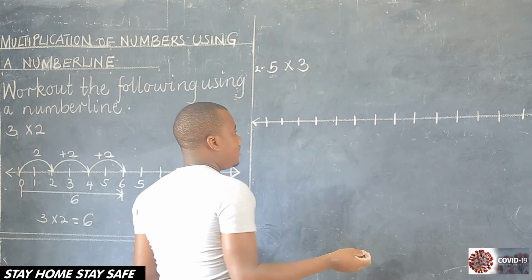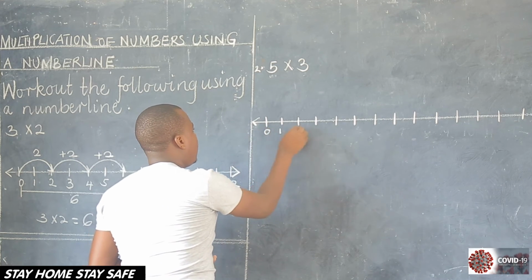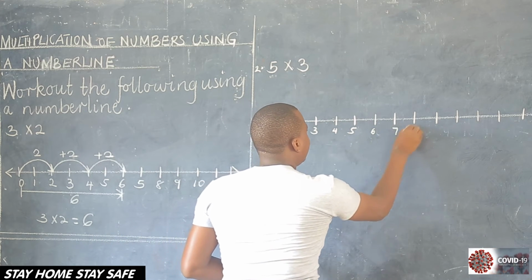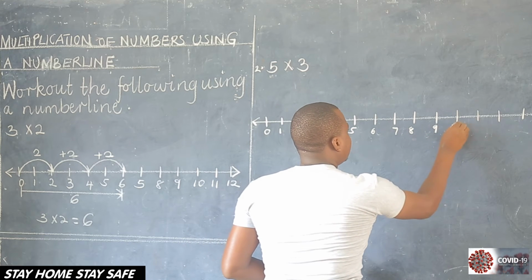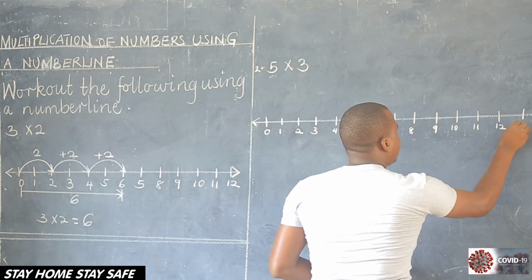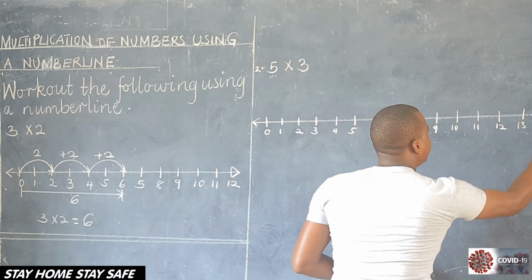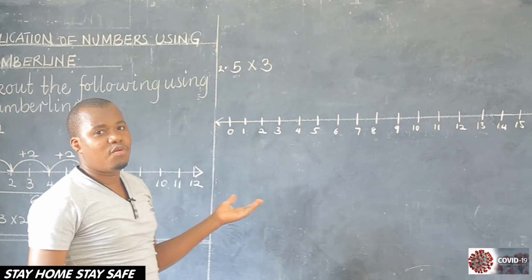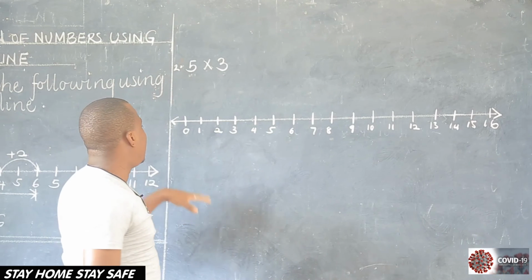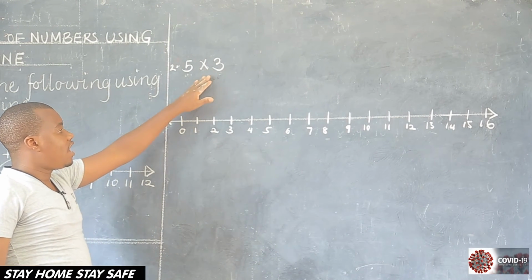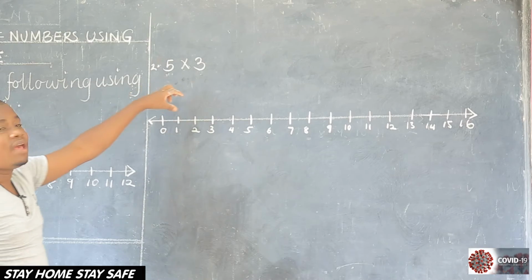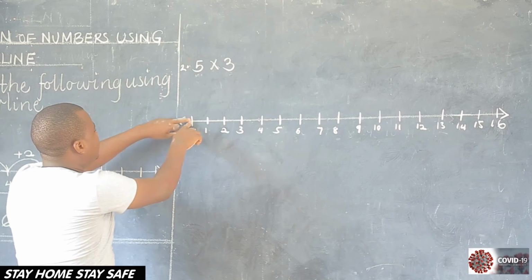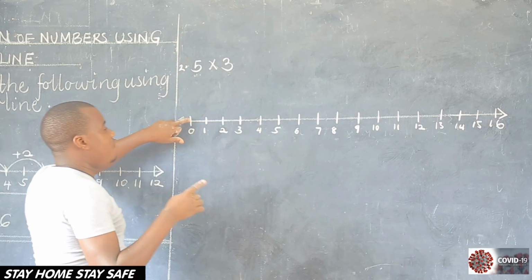Smartly like that. So after that, I can now indicate 0, 1, 2, 3, 4, 5, 6, 7, 8, 9, 10, 11, 12, 13, 14, 15, 16. My number line stops there. That's what my space can accommodate. So we have 5 times 3. These are 5 jumps, and each jump has how many steps? 3 steps. So we are going to begin from 0 and count 3 steps